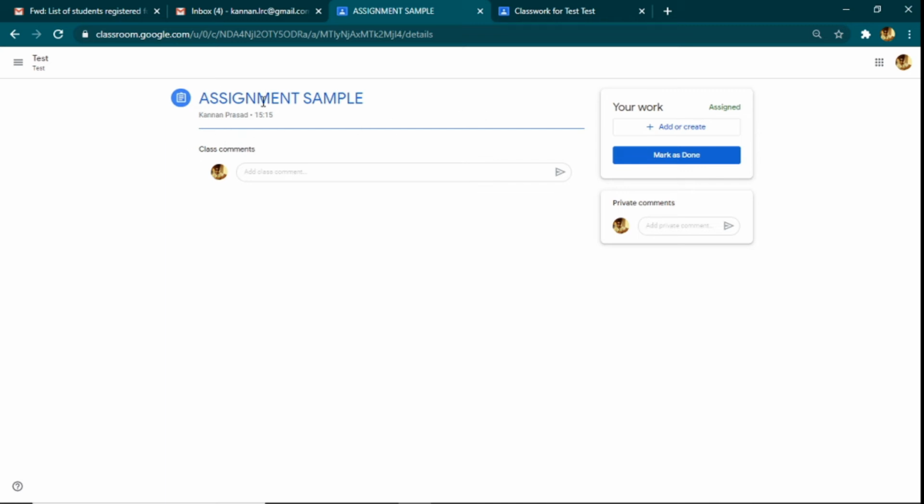But then assignment is something where if at all the teacher requires you to submit an assignment of 4 or 5 pages, the teacher cannot use the question format of Google Classroom. He or she has to use the assignment format. So when you use the assignment format, it would enable you to type for 3 or 4 pages. Now it is going to be very simple. You could do it in 2 manners, right?